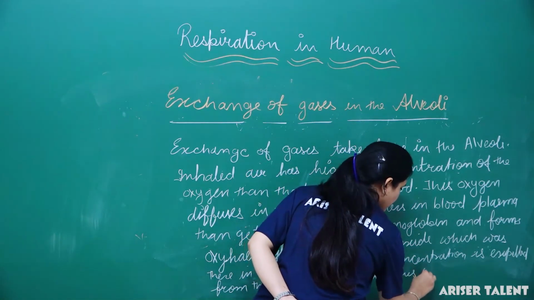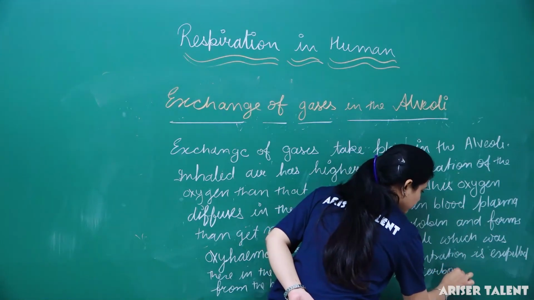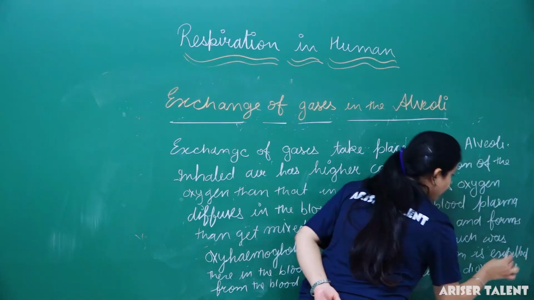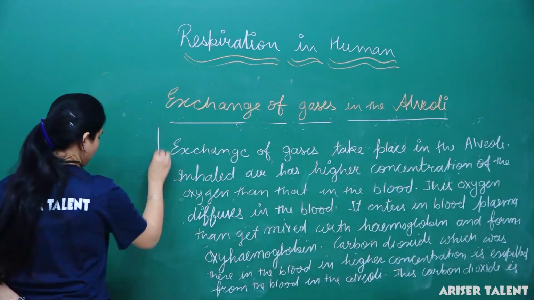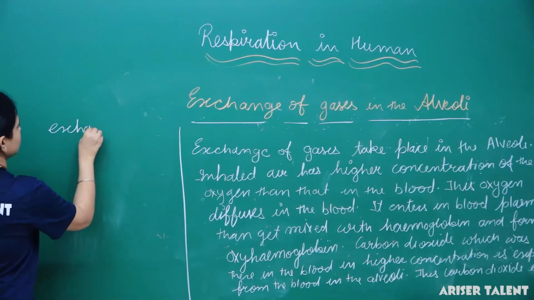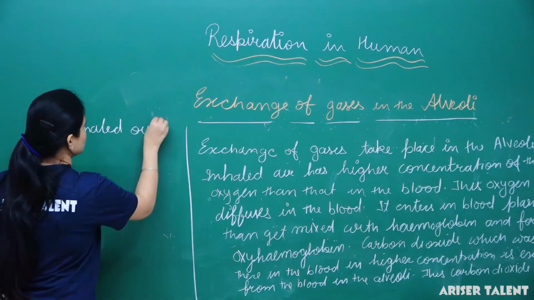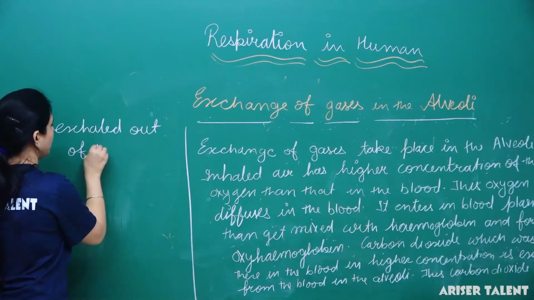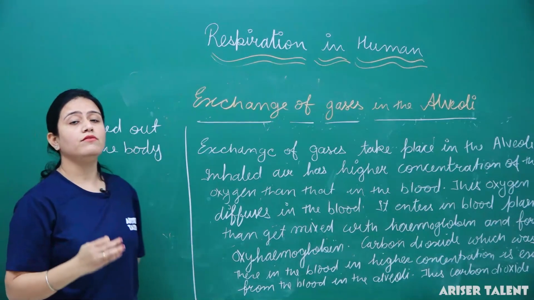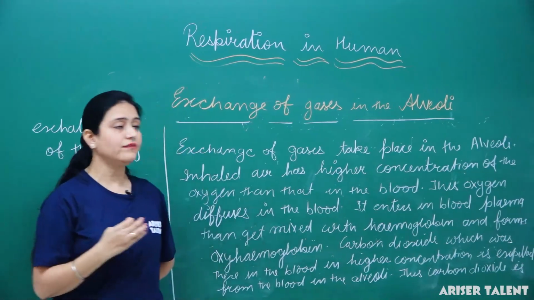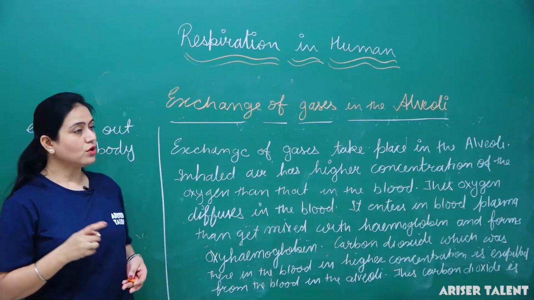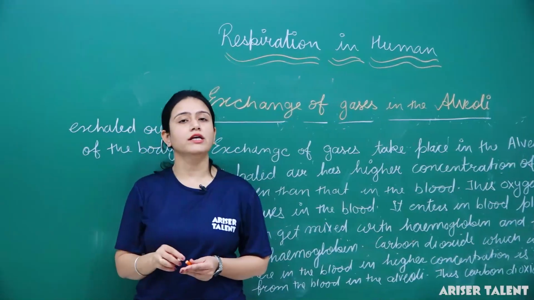This carbon dioxide is exhaled out of the body. Clear? Thus we can say that the alveoli is the site of exchange of gases in human beings. Clear? So this is all about the respiratory tract in humans and